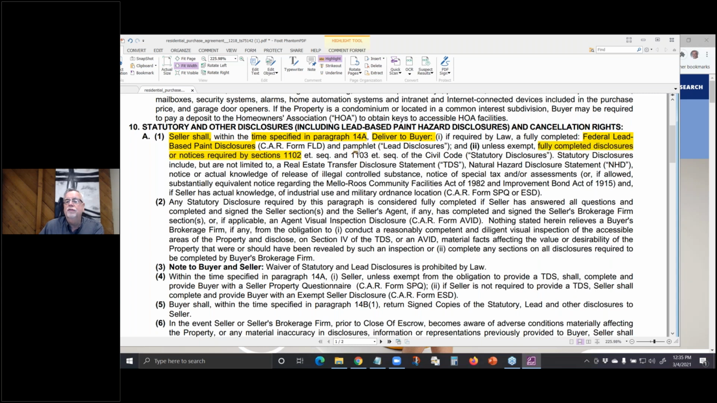1102 is the transfer disclosure. Statutory disclosures include but are not limited to the transfer disclosure statement, the natural hazard disclosure statement, notice or actual knowledge of release of illegally controlled substances, special tax assessments, or is it in a Mello-Roos Community Facilities Act district, or is there a bond? And if the seller has actual knowledge of industrial or military use ordinance,